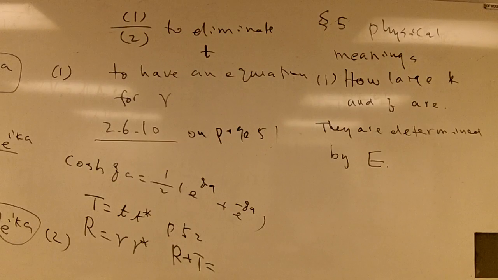Why is it determined by E? Do you remember, did you see here, for instance, that I have a K squared here? Did you see a K squared? Did you see I have a Q squared here? In other words, tunneling is different. You have to tell me how large this E is. If you did not tell me how large this E is, I don't know how large your Q would be. If you don't know the Q, none of these will be known, right? So in the tunneling, you have to tell me E, how large this E has to be, because there's no quantization to determine it.